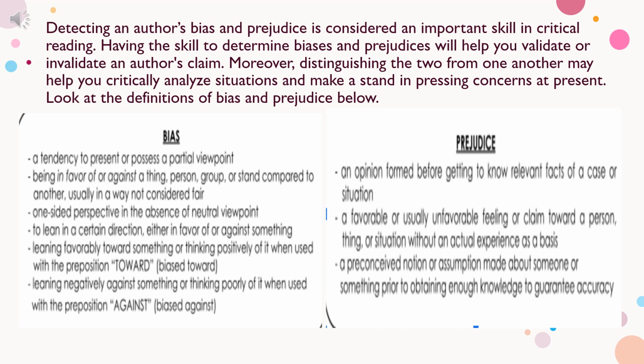And you have prepositions that communicate biases. You have the preposition toward. Whenever you use it, you are positively favoring something, as when you say, toward the benefit of the youth. So there's already a bias in your statement as you utter that line. The same is true with, I am against the organization. You already have the bias against the organization as you use the preposition against. Okay? So those are the definitions of the word bias.